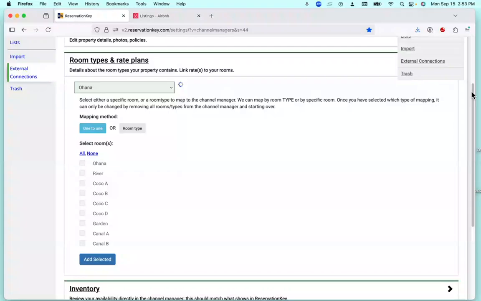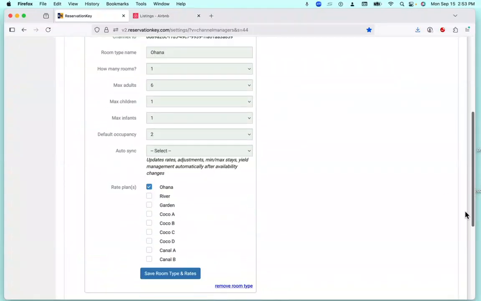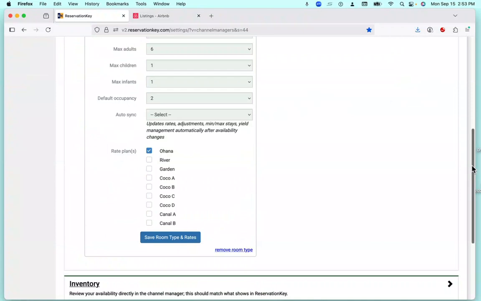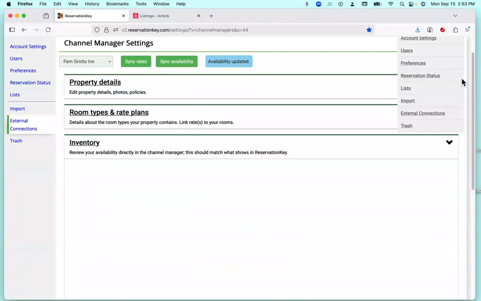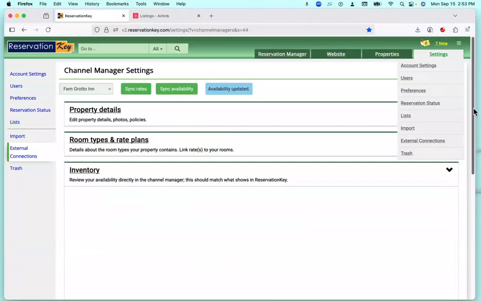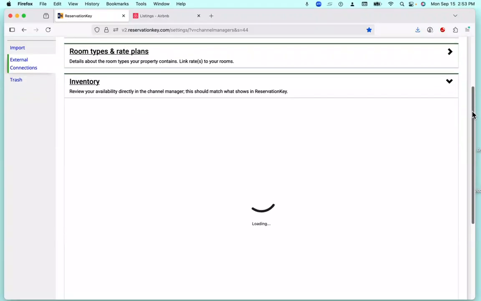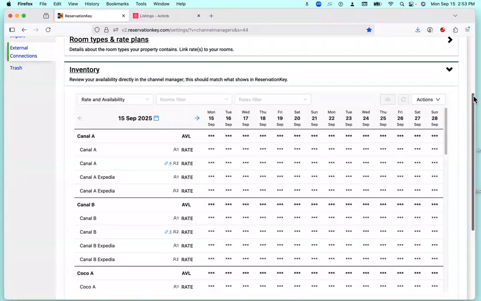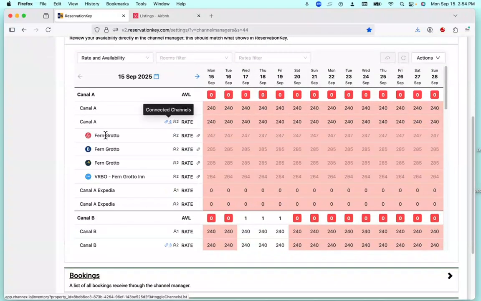Once you've added your rooms, we do have an inventory section here. The inventory section is going to be the calendar that will show the rates and availability. You can click on this little blue paperclip that says For and see the connected channels, as well as the rates and the availability. There are also some other filters up here that you can use, such as minimum night